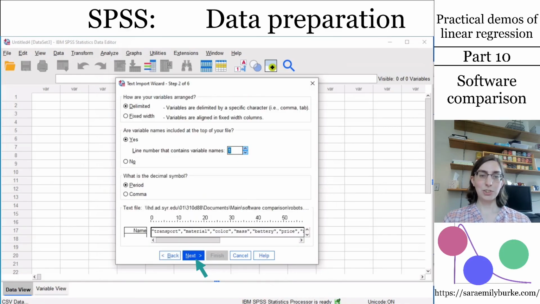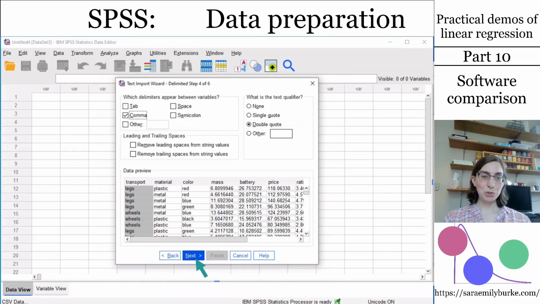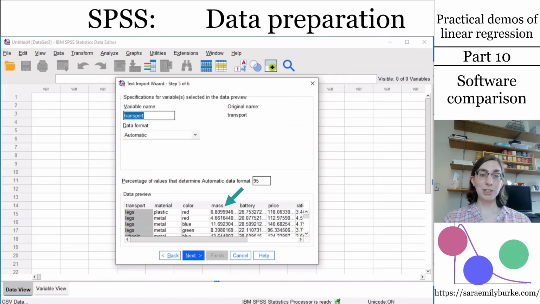I can click Next on the second one, there's nothing I need to change here. Click Next on the third one, there's nothing I need to change here. Click Next on the fourth one, comma is the separator, the double quote is the text qualifier, there's nothing I need to change here. And finally, in the fifth step of the Text Import Wizard, I need to click on,